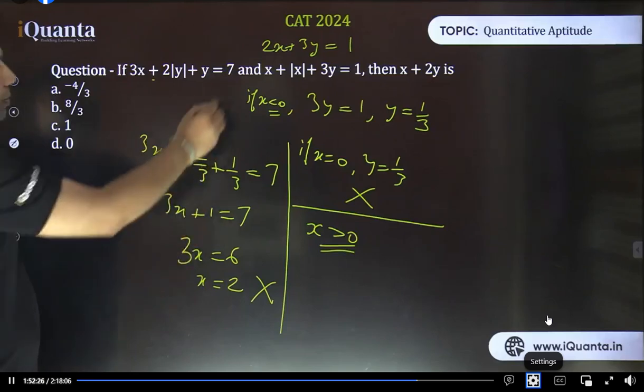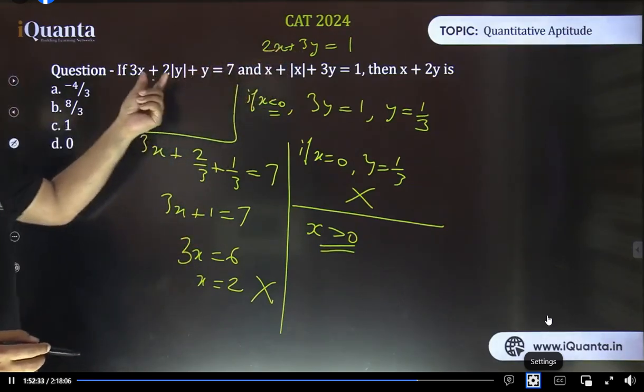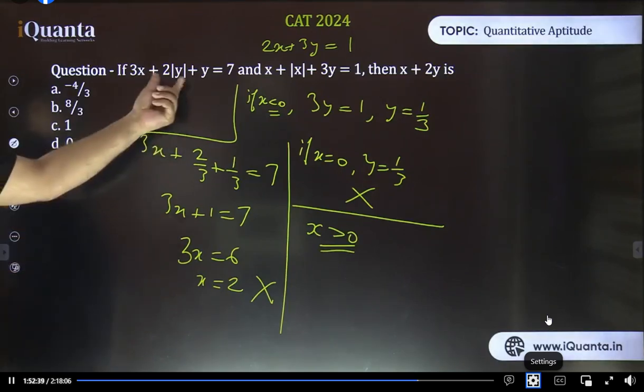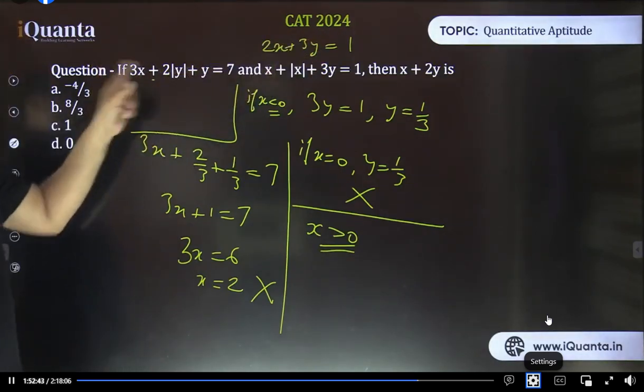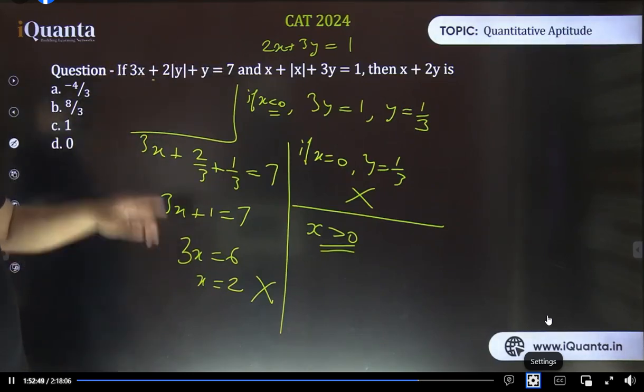If y is positive, then this will be 2y plus y, that is 3y, and this is also 3y. So 2x plus 3y is 1, 3x plus 3y is 7. That will give you the value of x to be 6. And if we take the value of x to be 6,